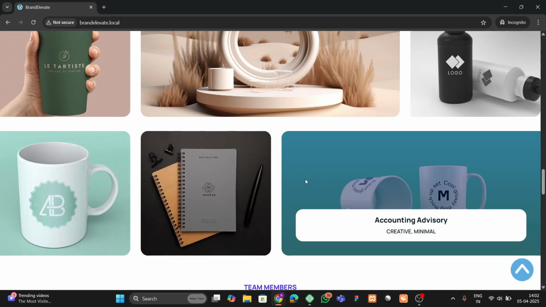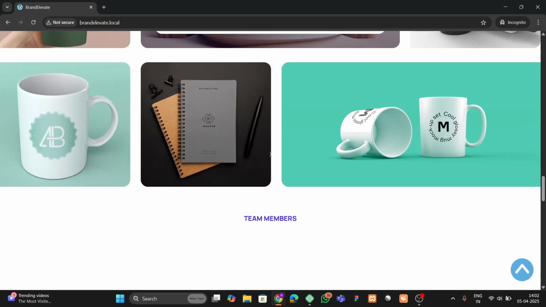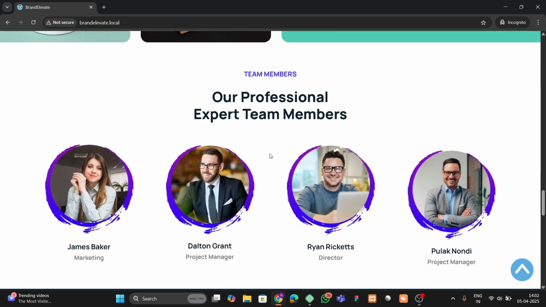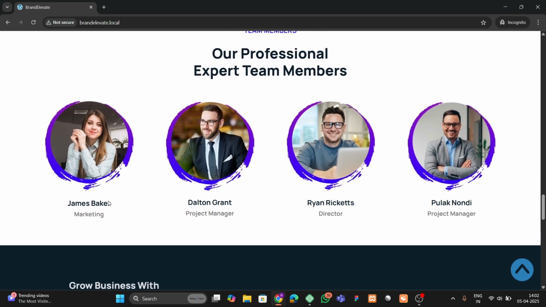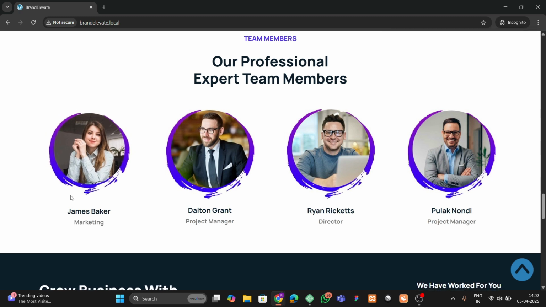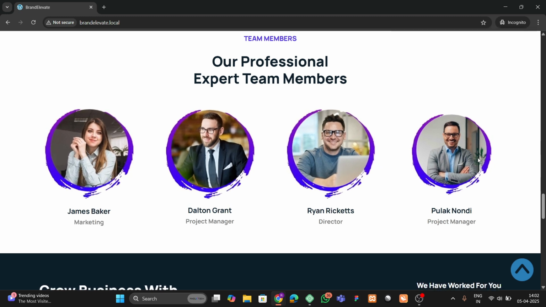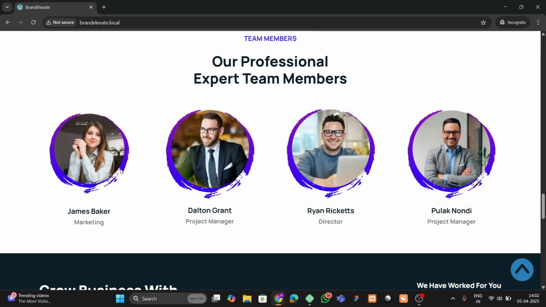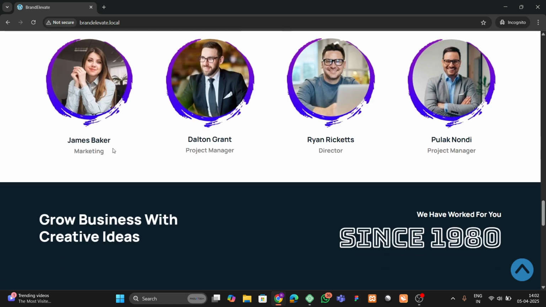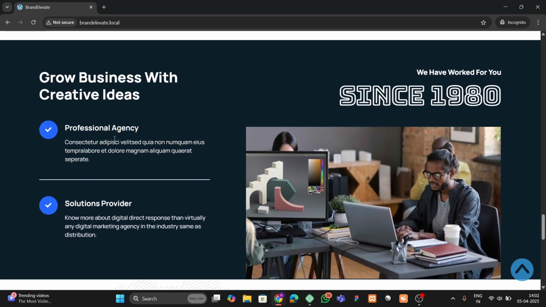Okay, so you can see that we have this type of layout here, and also we have our team member section, where you can see that we have all the teams here like this, and also when I hover on these images, the images will shrink like this. Okay, so I will show you how you can make such type of awesome sections and awesome website by using Elementor. So let's move to the next section,